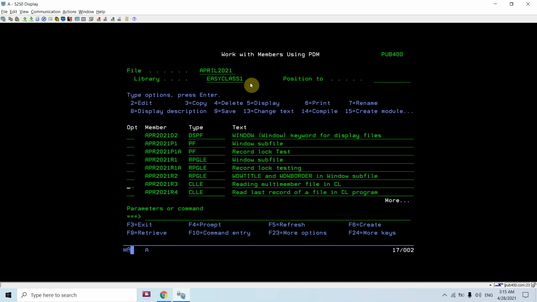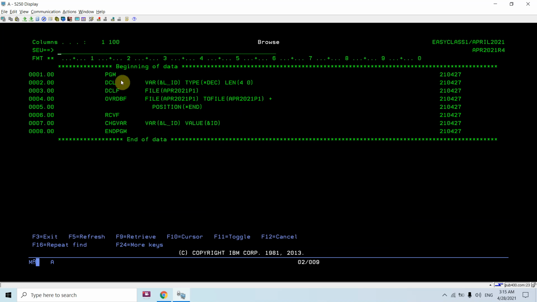Now you will see I have written this program. You are seeing that I am overriding the file which I declared, which is a non-keyed file, and I am setting the position to star end. So basically, before reading the file I am setting the position to star end and then reading the file. But this way you will get an error that end of file has been reached, because the pointer setting works